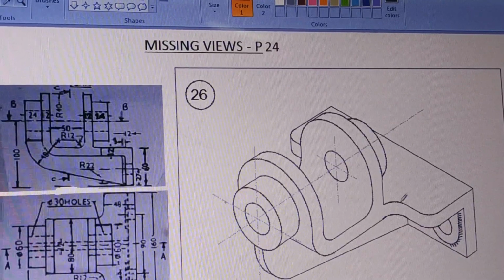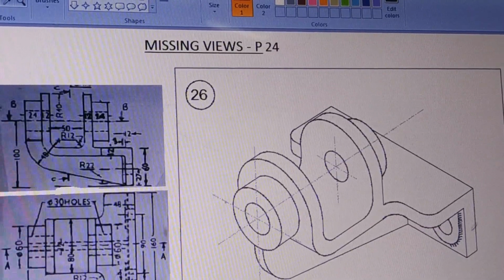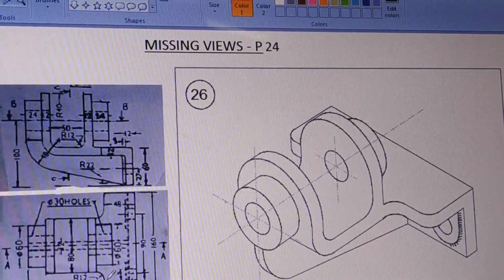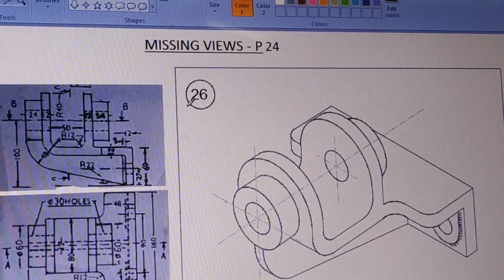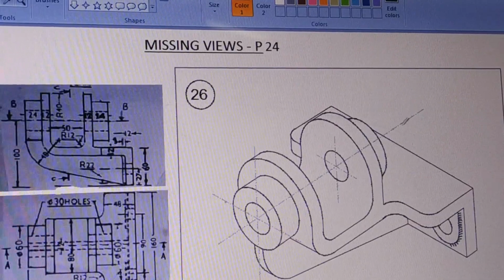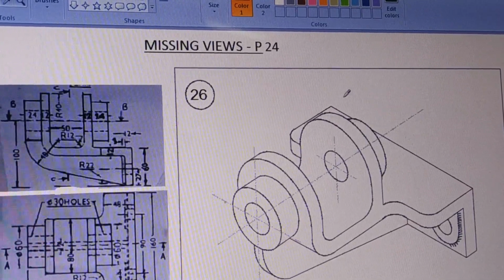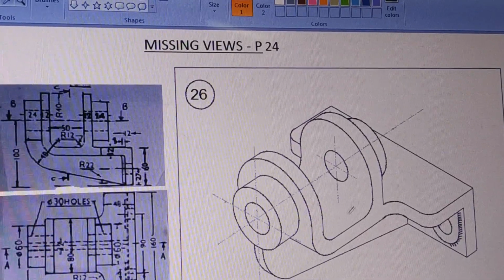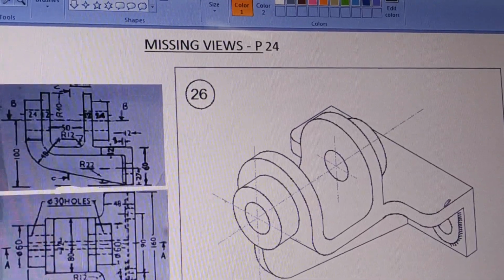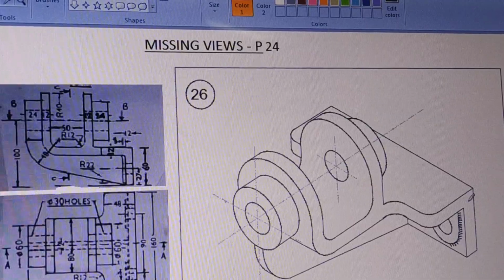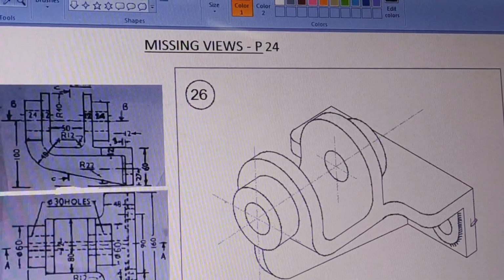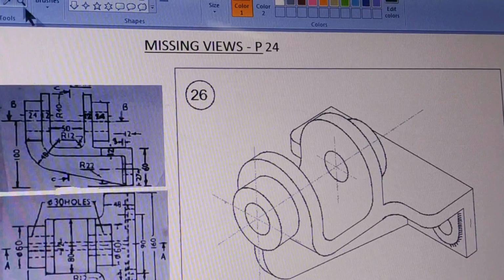So the lower part is extended like this and then it goes down. At the same time, its width is increased here, as it is shown here. That means from the back side, from here to here, this is 160 and here it is 80. Then there is a vertical shape here. The rib is given, the frame is given a vertical shape here. So that shape is shown here.